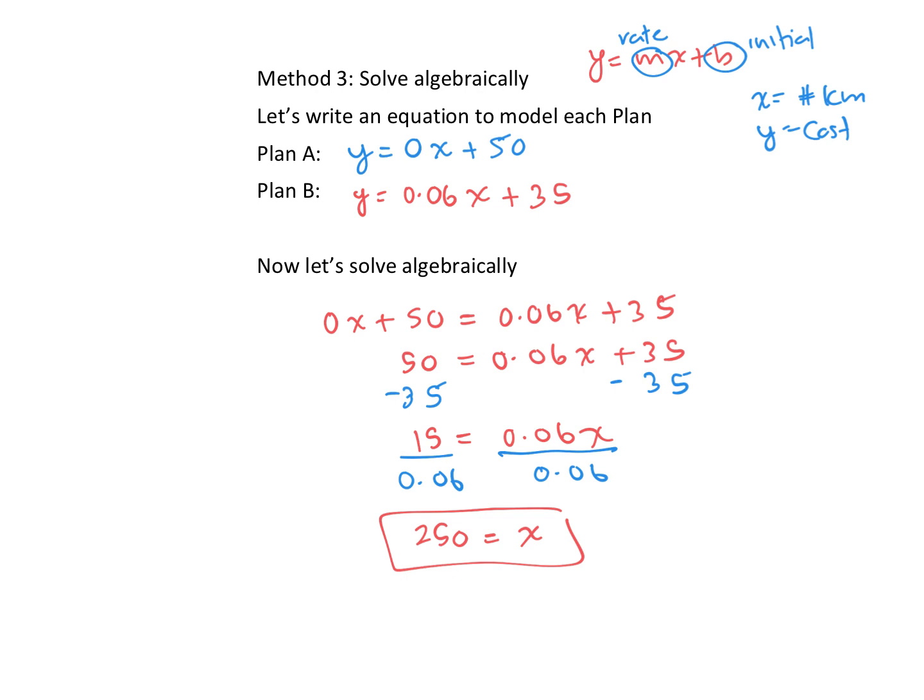Algebraically is the most accurate way. And then we want to find y. Well, we know y is 50. If we sub it into this one, we would have 0 times 250 plus 50. So y is $50. You could also sub it into the plan B equation and find that solution. Okay, so